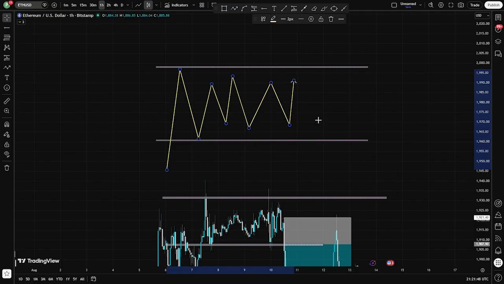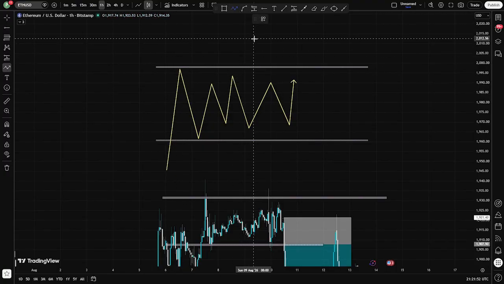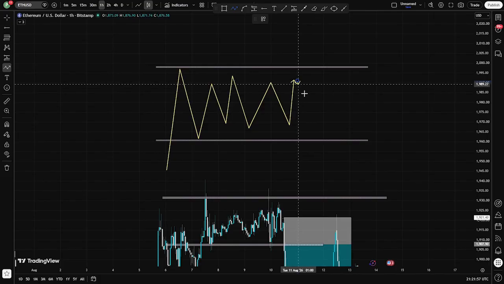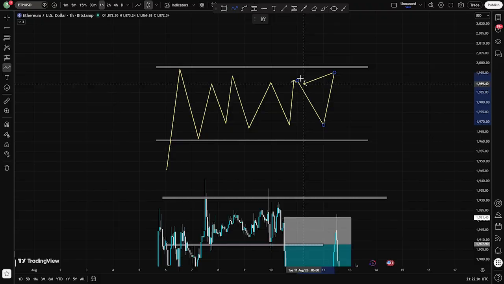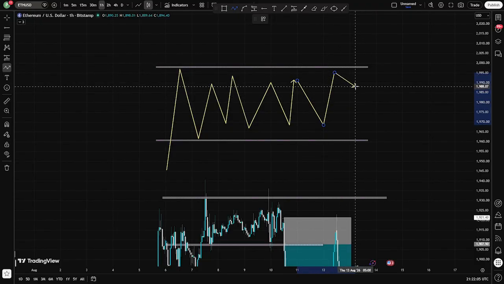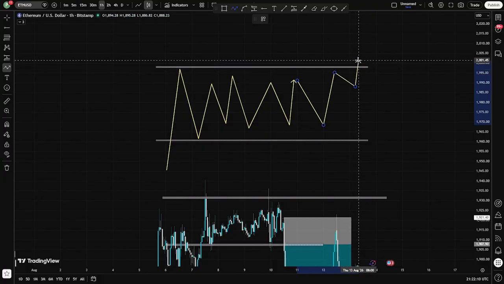Now for the ICC, we all know that you are supposed to wait for an indication, correction, and continuation, but it's not always that you have to wait for an indication before you take a trade. Sometimes you can take a trade when price, so for example, let's say this was a buy example and price did something like this. Now if this was within